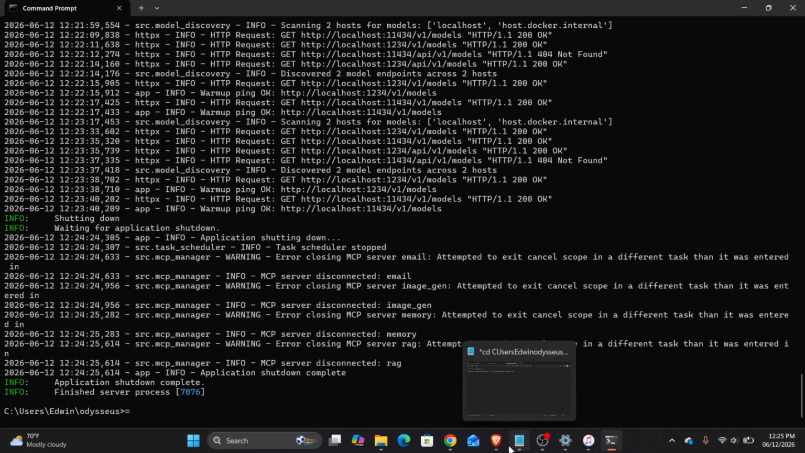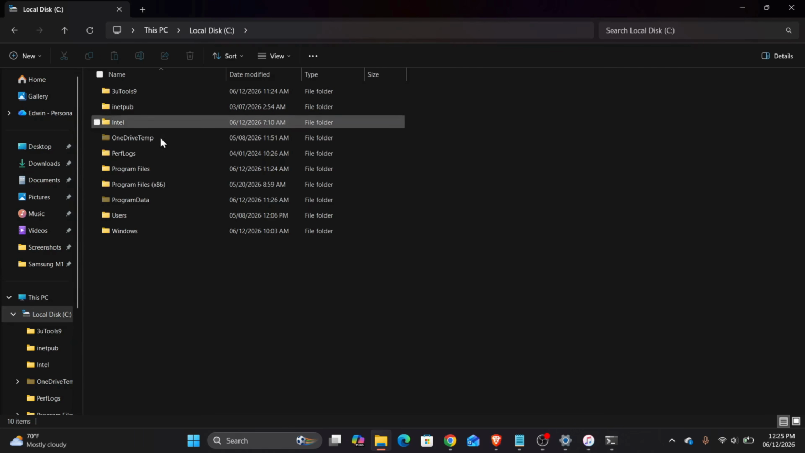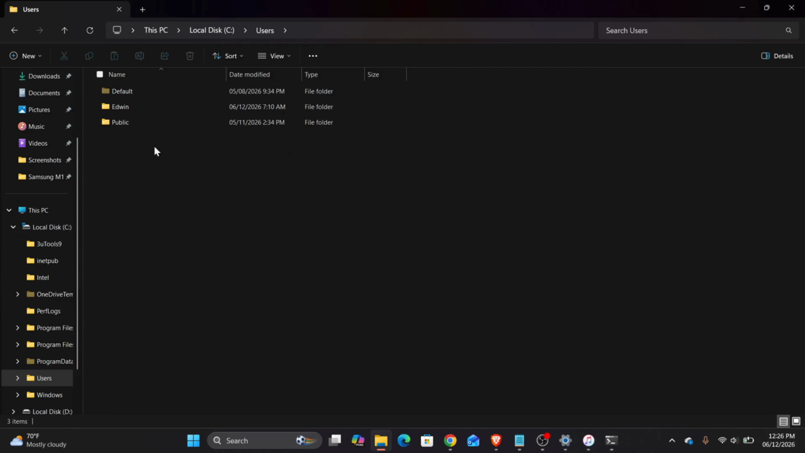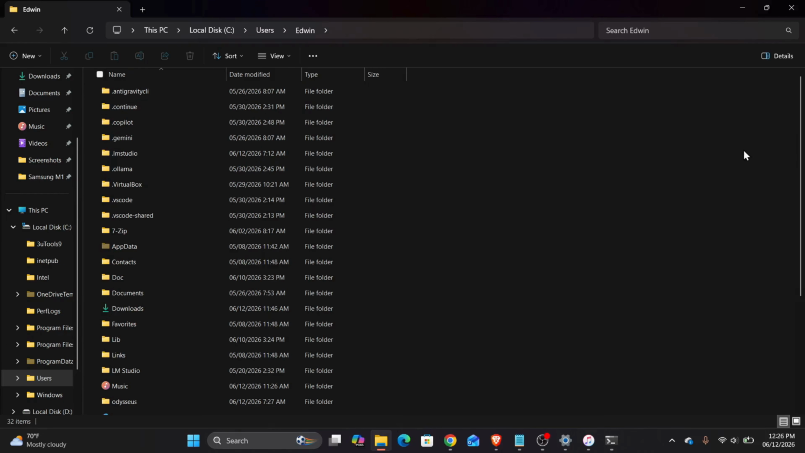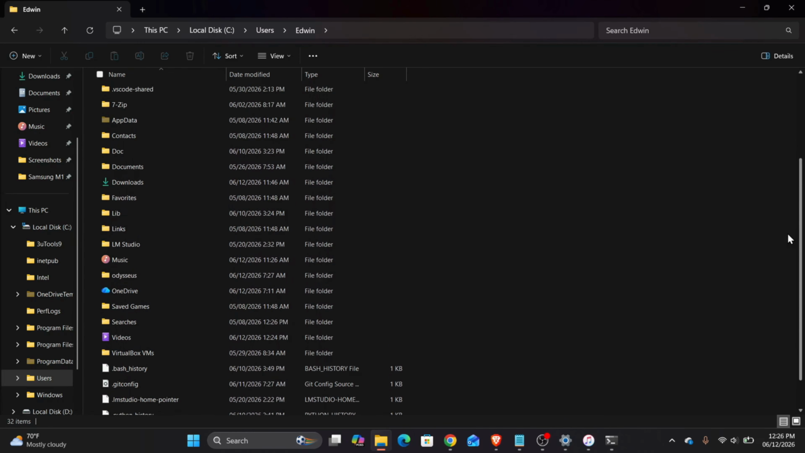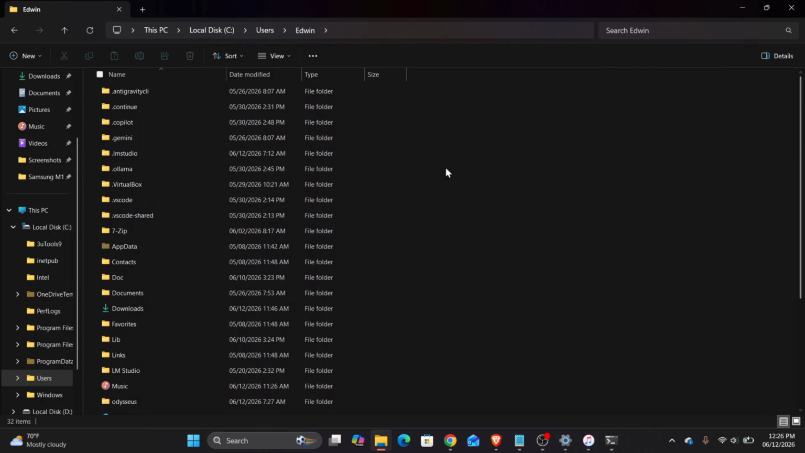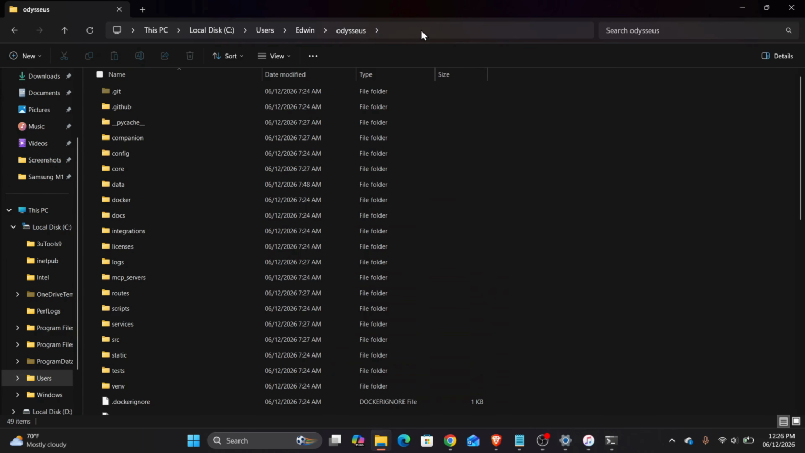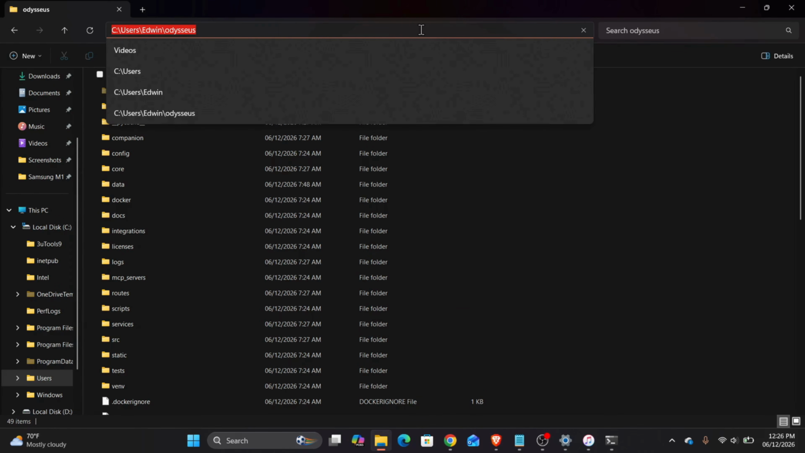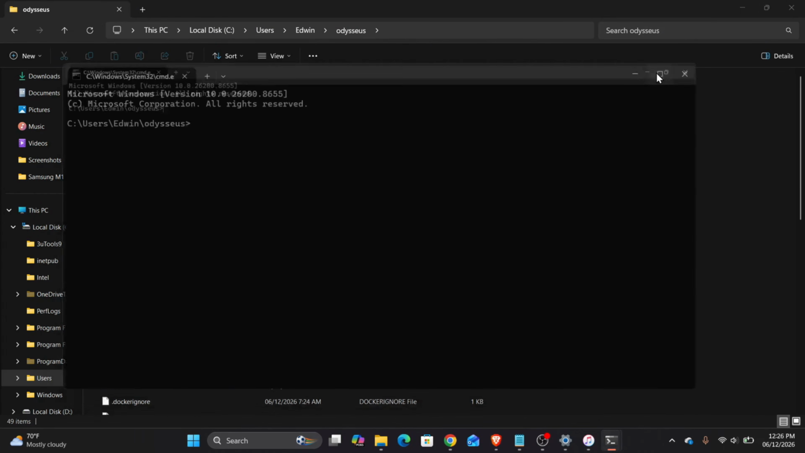So from here, go to where you installed your Odysseus. So File Manager, local disk C, users, Edwin, and find the Odysseus folder. Here it is. Open it. Click on this empty path and type cmd and press enter. So from here,